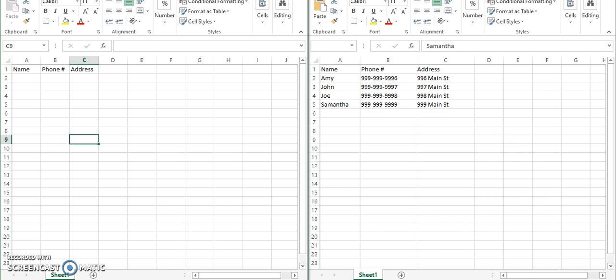For today's project, I set up these Excel sheets and I just typed in some basic information. It's only 4 lines, but it'll show the concept that I'm trying to get across. The program that I'm going to be using is called Autohotkey, and essentially what you do is